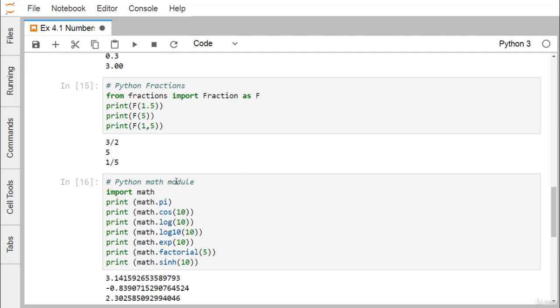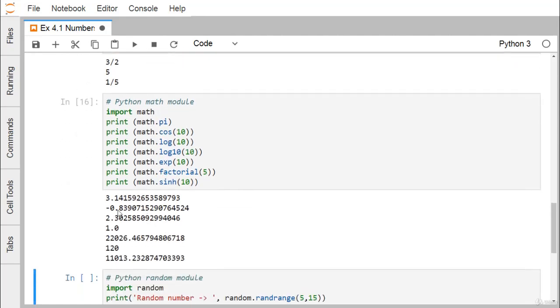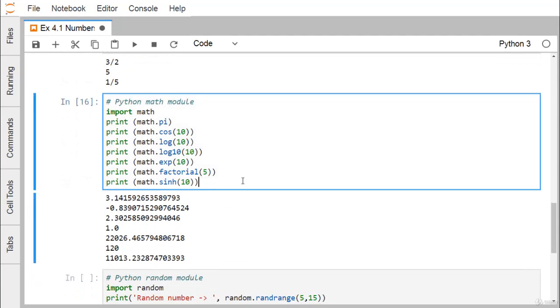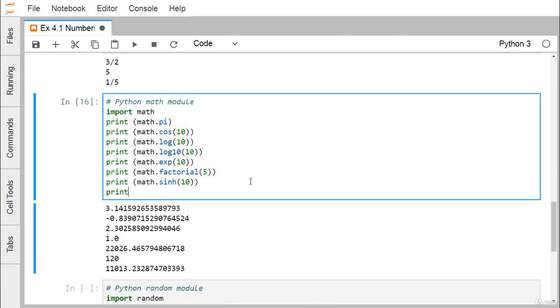So, the Python math module. We have imported math, and then we used multiple different functions available in math here: pi, cos, log, log of 10, exp, factorial, and sin. So here are the respective outputs we are getting. So if we want to print the absolute value of, say, minus 12.34,